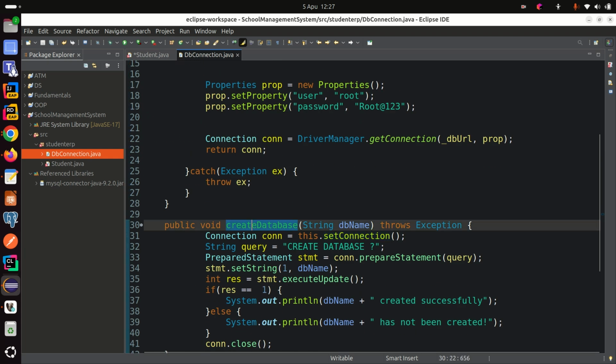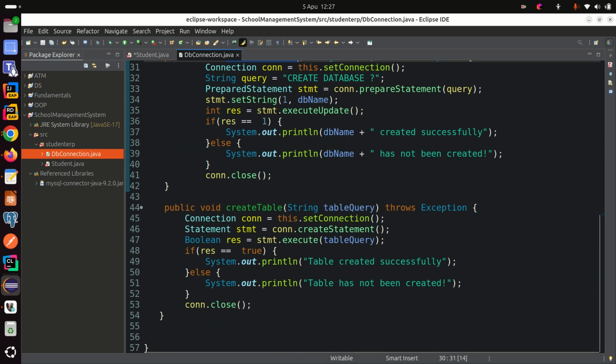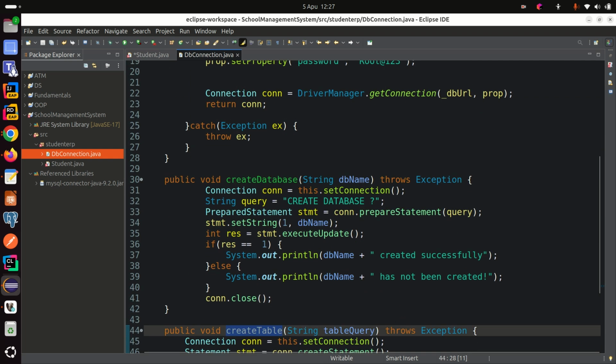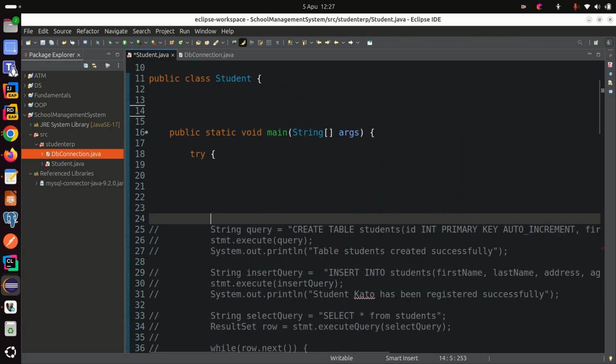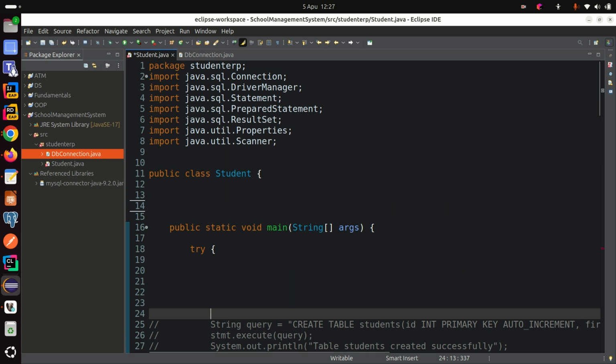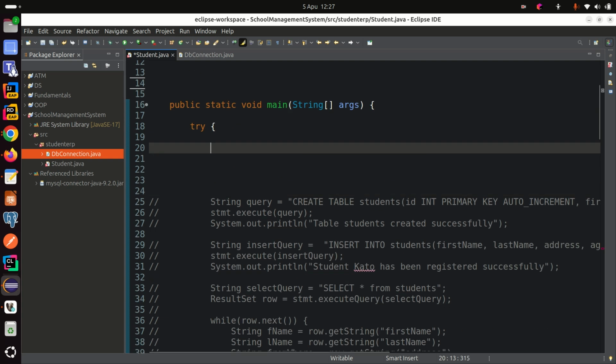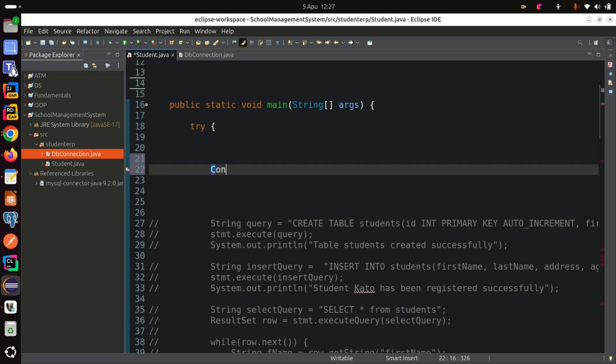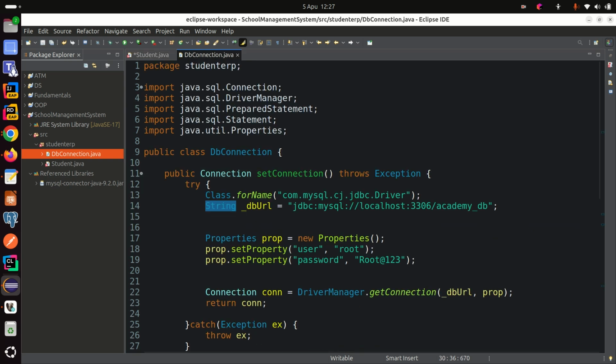provides us with other methods like create database, create table, because these are parameters. We can create any database since you're passing parameters. Now if I come inside here, I can create the connection object, which is con equals, in this case we are using DB connection. Now the DB connection that we have here,